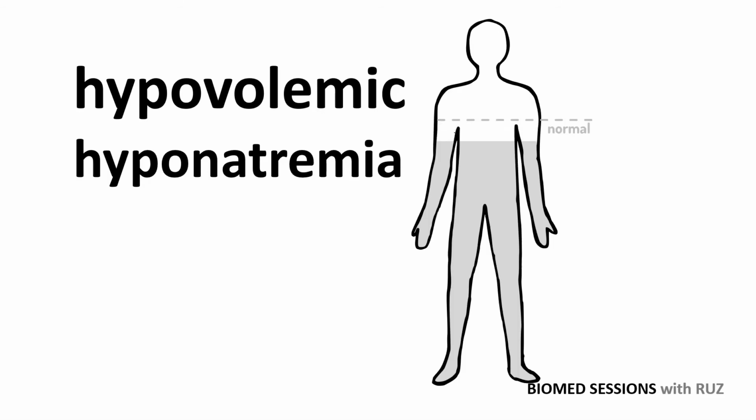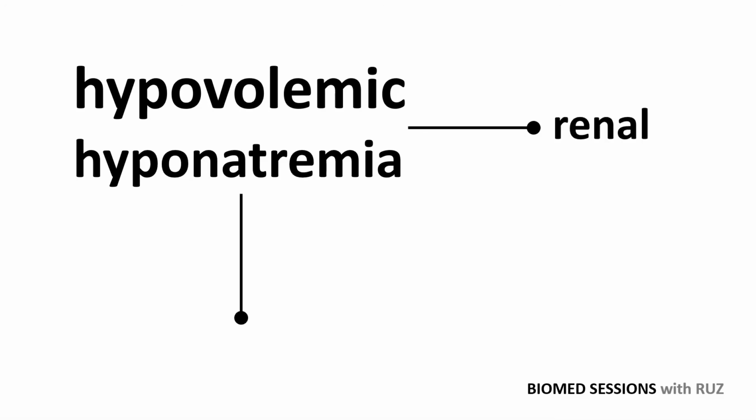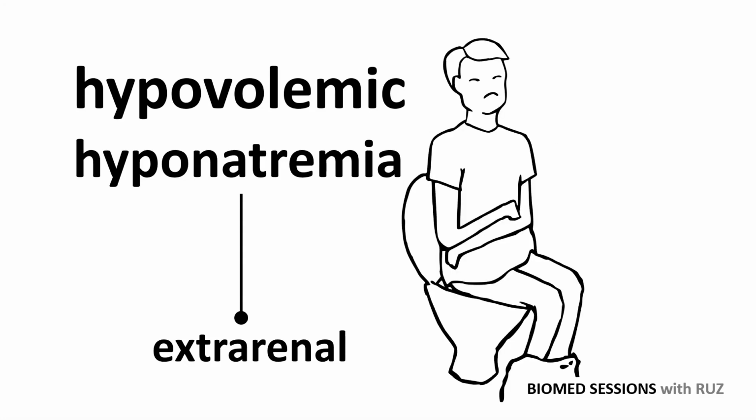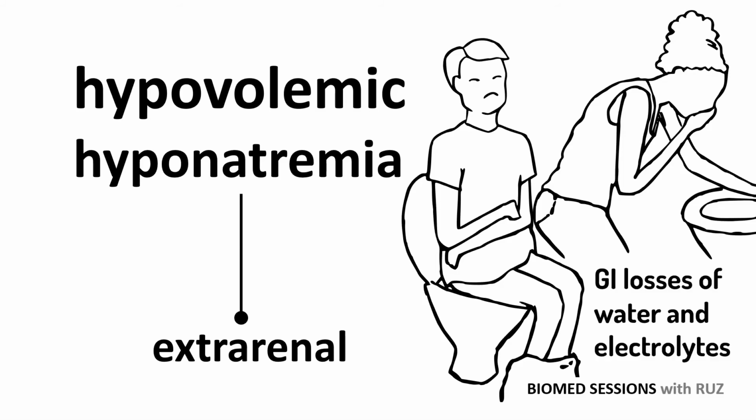With this type of hyponatremia, there is a decrease in the total body water, but an even greater drop in sodium. Underlying causes can be split into 2 categories, renal and extrarenal, i.e. those which originate in the kidneys and those which don't. Looking at the extrarenal first, this includes severe diarrhea and vomiting, whereby there are gastrointestinal losses of water and electrolytes,